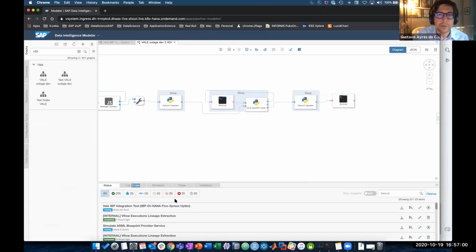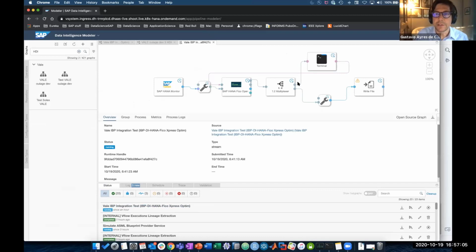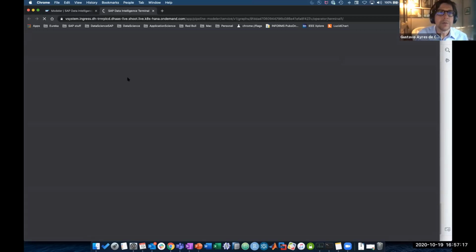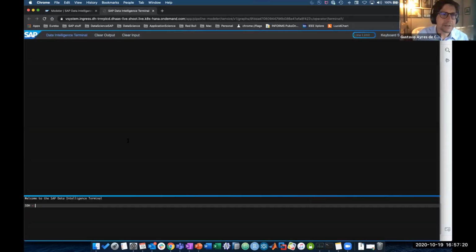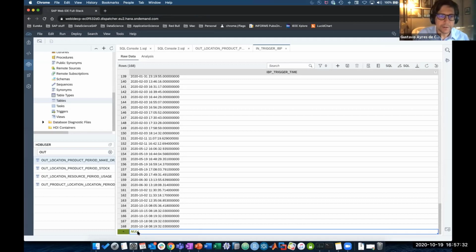And if you then click on the pipeline, that will give me the actual instance that's running. So these are the actual containers that are running. And I can then go in and monitor. I have a terminal connected to the output of this process, and I can go and monitor the terminal. And I have run an optimization earlier, so you see some results here. But if you pay attention here to the date, I'm going to kick it off again by changing a record here. So if I add another record on this database,